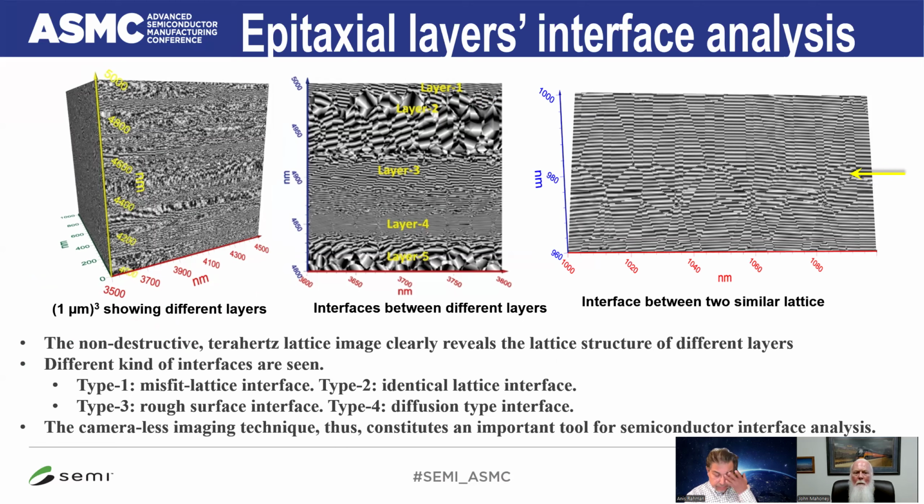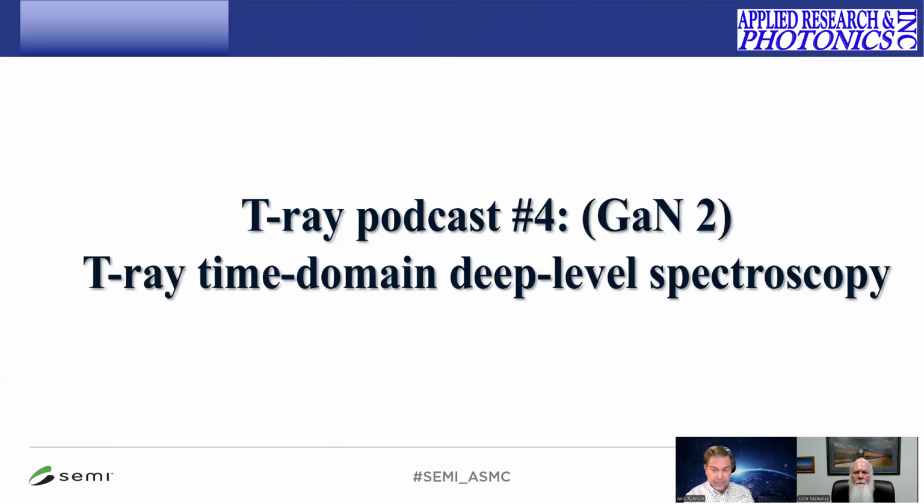When you put materials on top of each other, the interface plays the most critical role in functionality. Whether the interface is good or not, what kind of interface has formed, all of those can be imaged and quantified. Okay. So with that, let us move on to the second part, gallium nitride, in particular